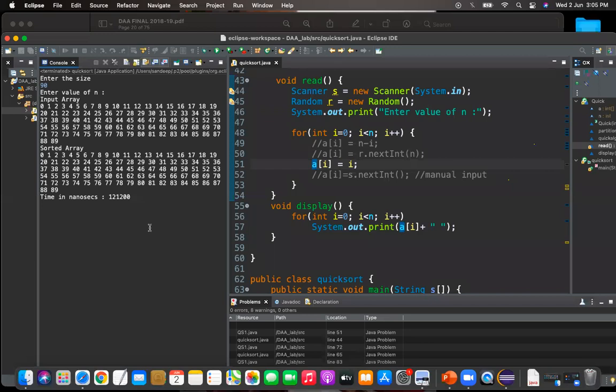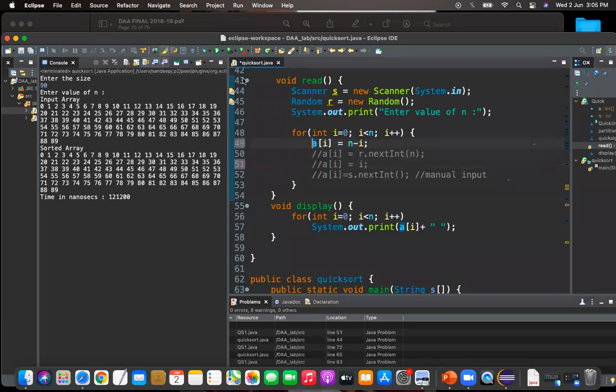See, quicksort is not like merge sort, okay? In quicksort, if you give random array elements, it will be the best case. Increasing order or decreasing order, both are worst case in case of quicksort.